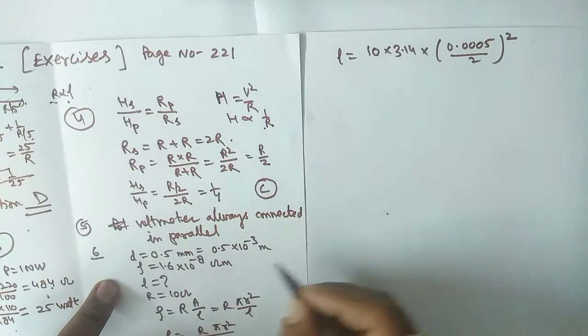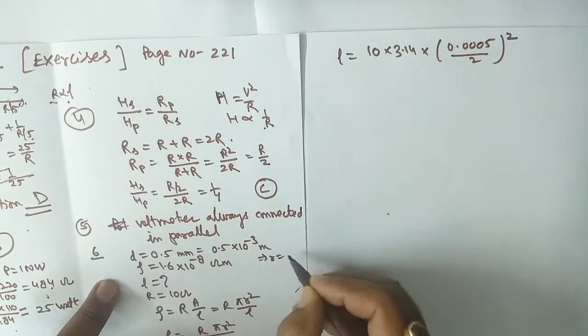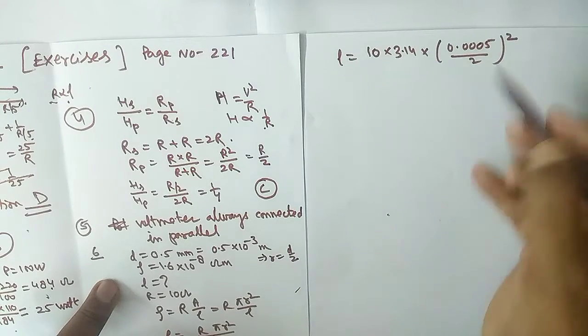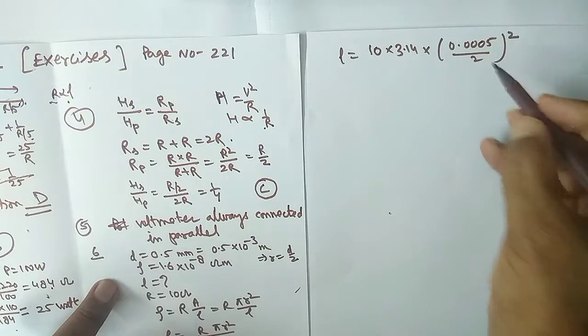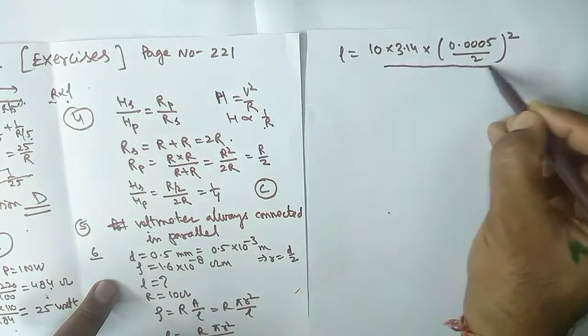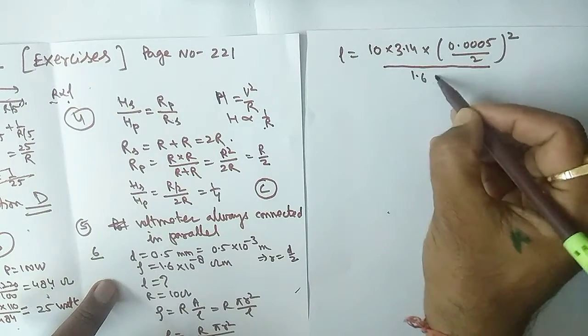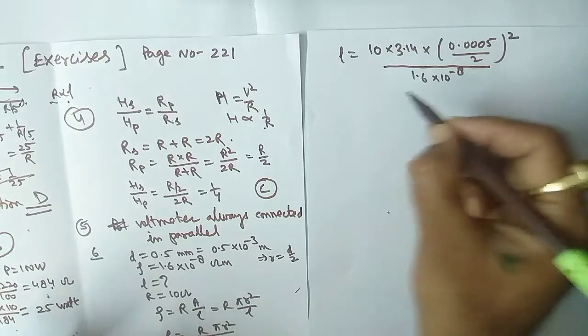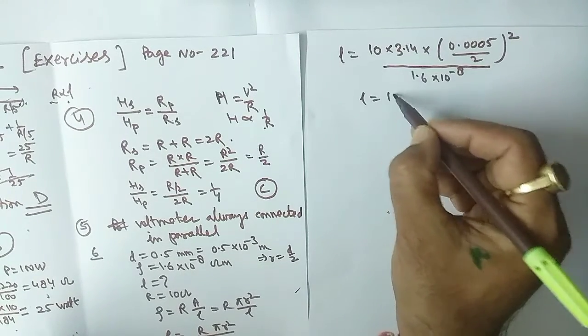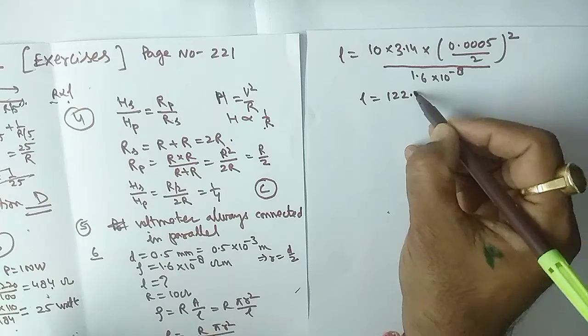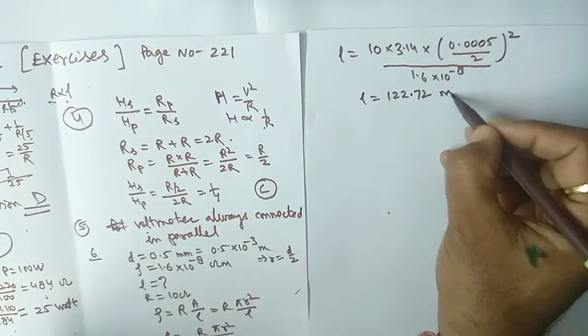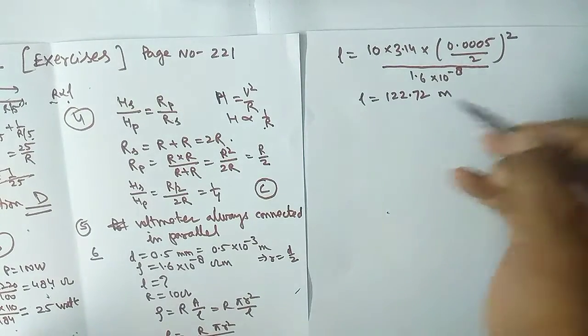So R is equal to D by 2, that is the half, and rho is 1.6 into 10 to the power minus 8. So L is equal to, when you solve it, 122.72 meter. In the second part of this question, it is asked what happens if